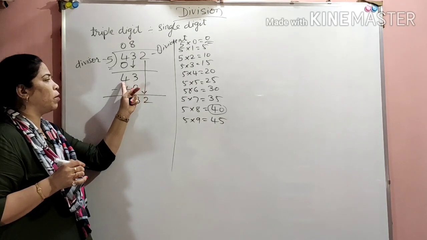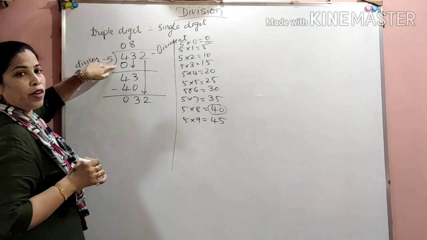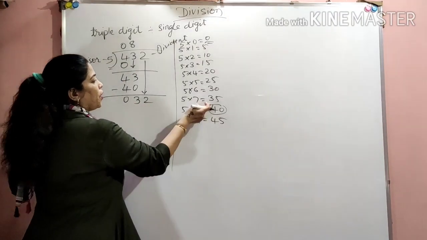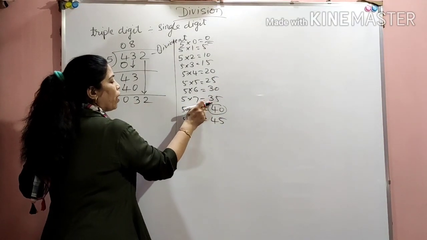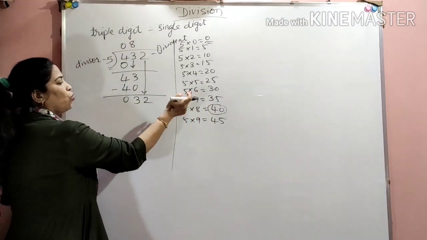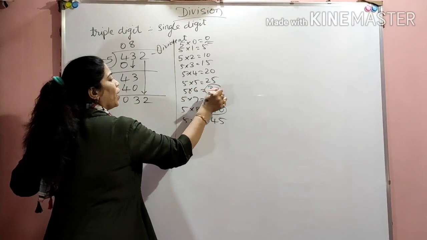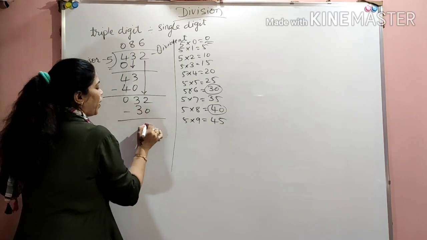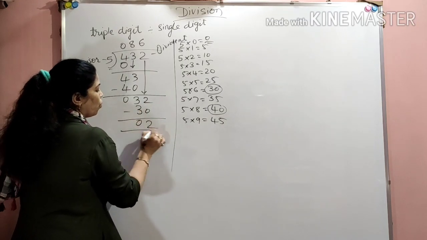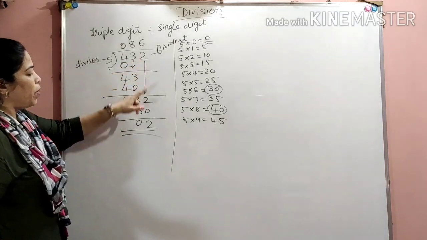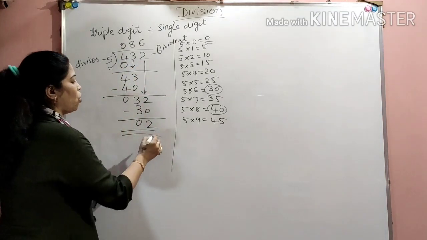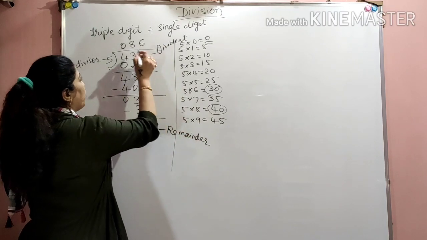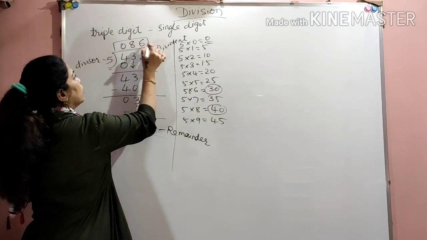Here also we are dividing double digit. In first step we are taking with single digit. Then I got 32. I will see 32, 32 is not coming. Here 35 is there. It is greater than 32. So what I will take? I will take 5 sixes are 30. So subtraction, minus, is 2, 0. So our sum is completed and 2 is your remainder. This is your quotient.